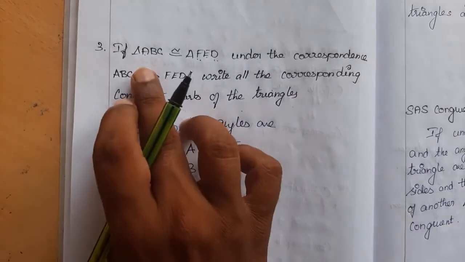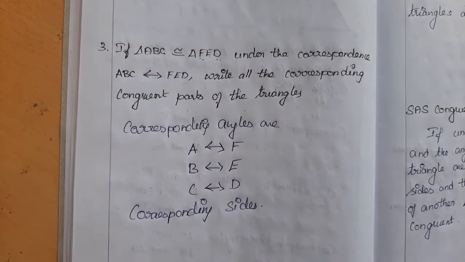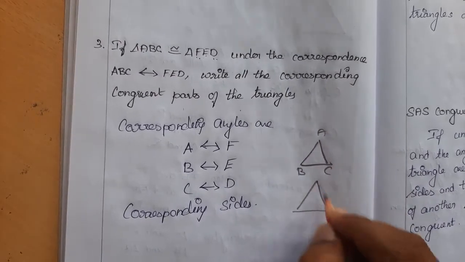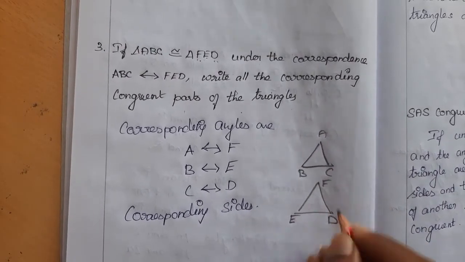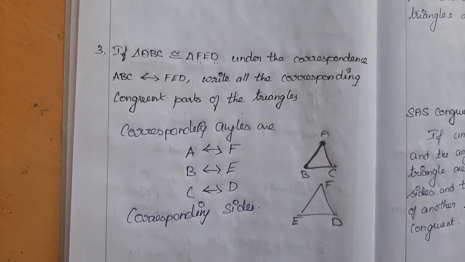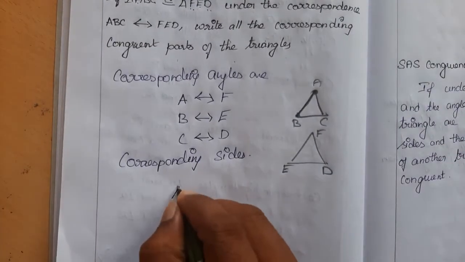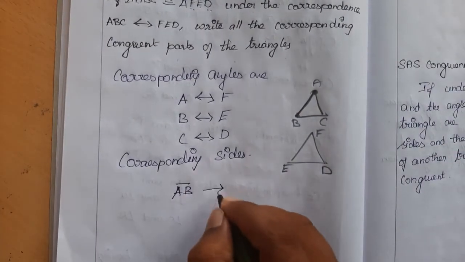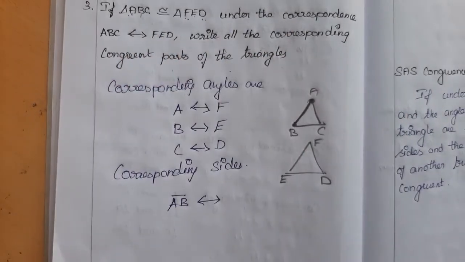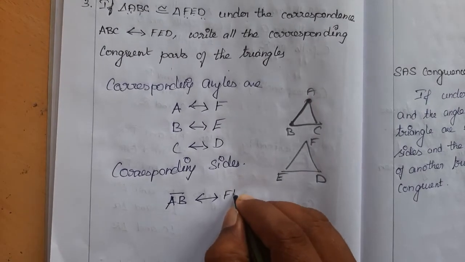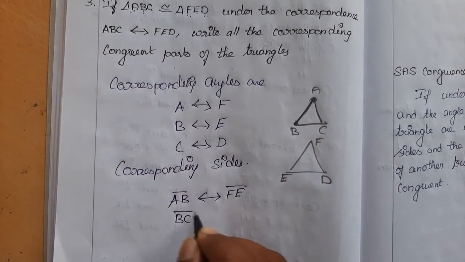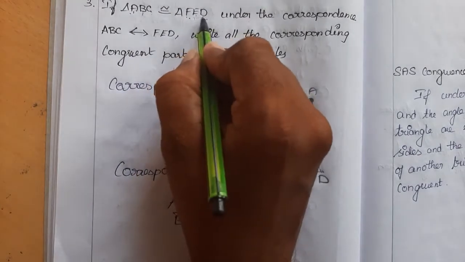The sides have two points, right? If you consider triangle ABC and FED, we represent a side by its starting point and ending point. It is AB, right? The side AB is also a line segment. Line segment AB, the first two, corresponds to the first two of the other triangle, FE. Next I am choosing the last two, BC. It will correspond to, can you guess? Yes, ED.